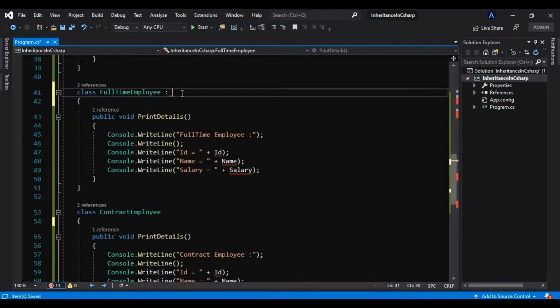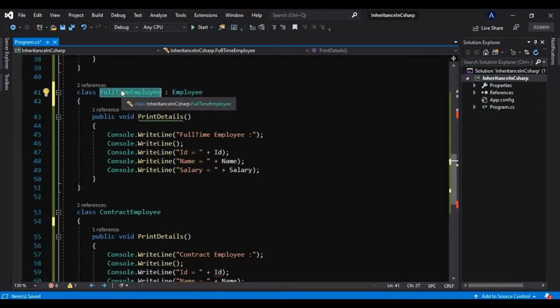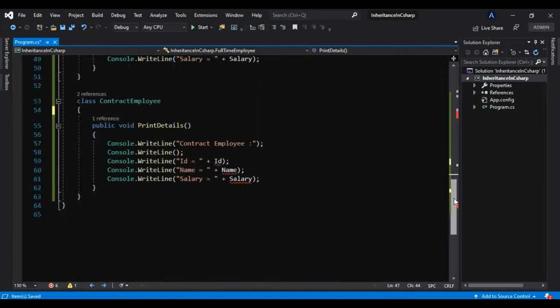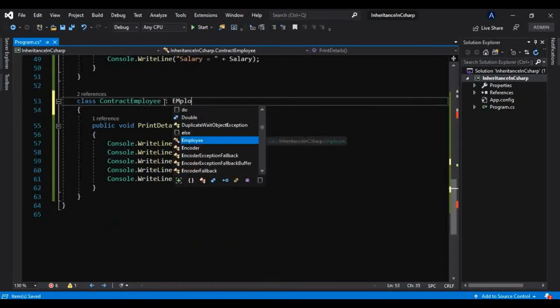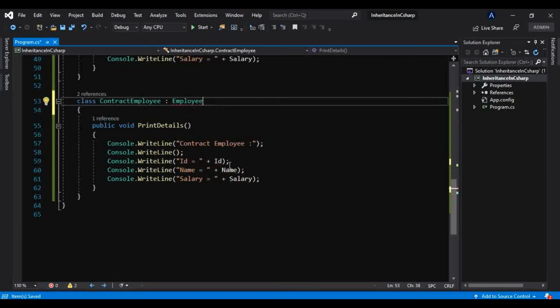We use this colon, and in front of that the class name which we want to use as a base class. So this is nothing but now a base class for this class, sorry. Now this is a base class for this full-time employee. That is, this is a derived class and this is a base class. So now it is able to access those IDs. Okay, and likewise here as well, if I inherit that from Employee, that error will be gone.